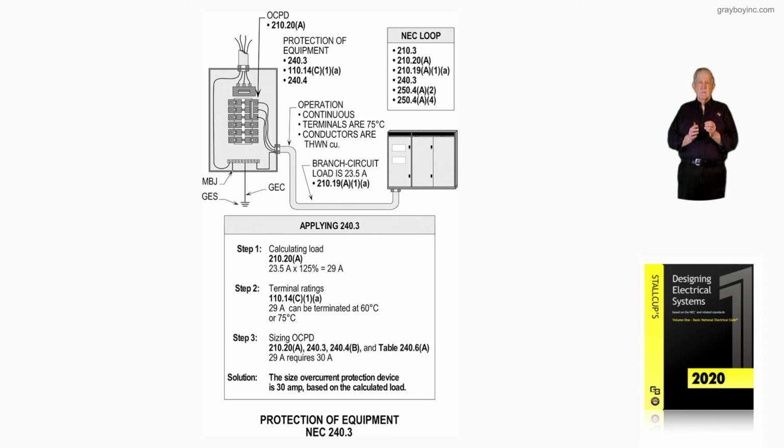210.20(A), 30 amp device. 240.3, protecting equipment. 240.4(B) allows the roundup from 29 to 30 amps. Table 240.6(A) lists the next size overcurrent device above 29 amps is 30. So in the solution and the answer, the size overcurrent device is 30 amps based upon the calculated load, and we are protecting the equipment per NEC by 240.3